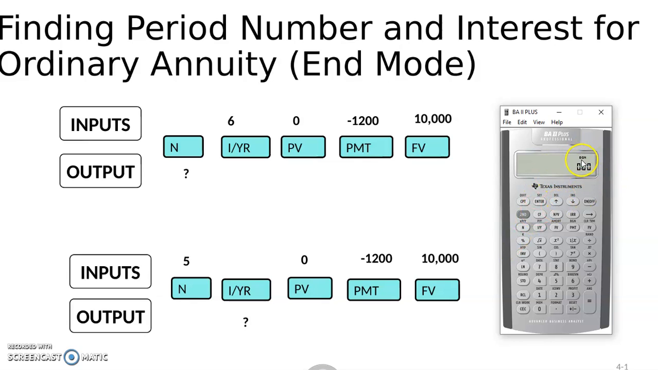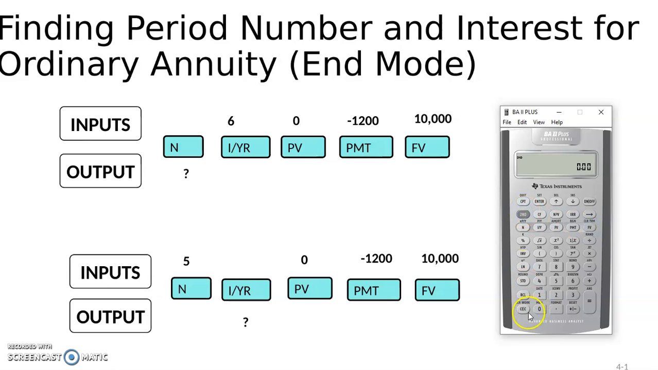If it shows that it is in the begin mode, we go to second, PMT, second, enter. And now the calculator has gone back to its default end mode. So when we turn it off and turn it on again, we see that it has gone back to the end mode for calculations for ordinary annuity. So before we start putting in values, let's ensure that we delete any pre-existing data or any values by second